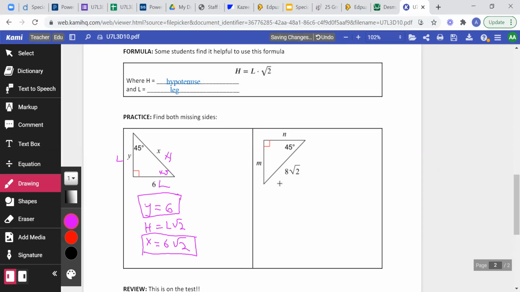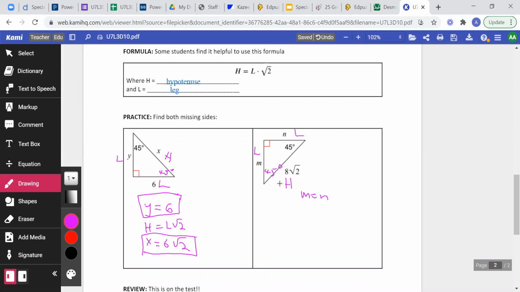Here is the same case. Since the red angle is 90, and one of the angles is 45, the third one is going to be 45, so that the sum gives you 180. Then after that, L and N are legs, M is a leg, and H is root 2. Since the two legs are congruent, M equals N,